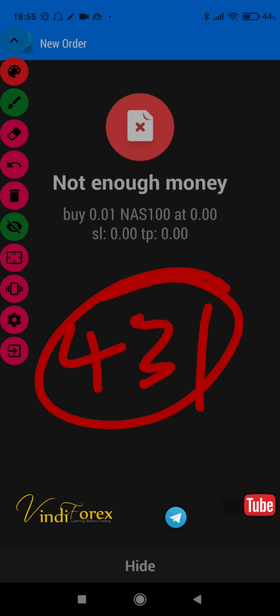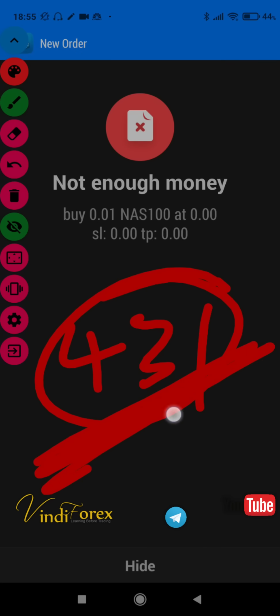When it declines and you only have that balance left in your account, how much was it? 115? You can only buy things that are worth that money that is left in your account. But you cannot buy NAS because for NAS, they want 431. Hence, we are getting this not enough. Card declined, purchase declined,